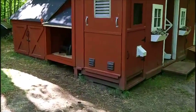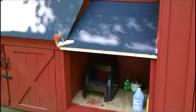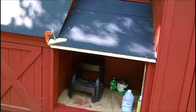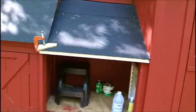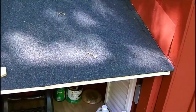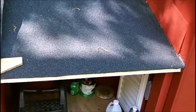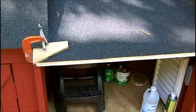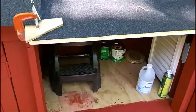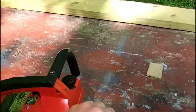It's really a mess. Before I get started, I just want to show you, I got some paint on here. It looks a little better. I'm not going to make the doors right away because I wanted to get this closed in so I can put stuff in there. I don't really need to have the doors on right away, and the doors are not going to be locked anyways because it'll be like this. You know, there's nothing in here that's going to be of value anyhow. So what I'm going to do is I'm going to take this off,